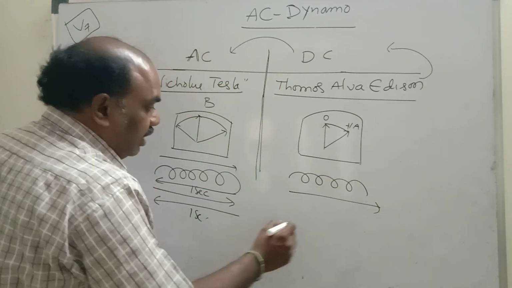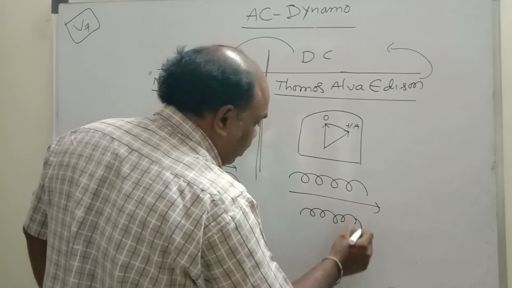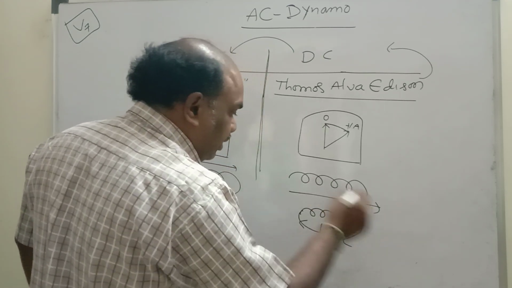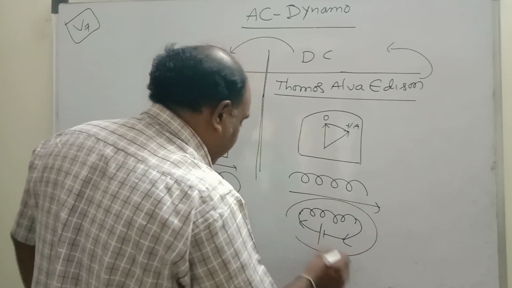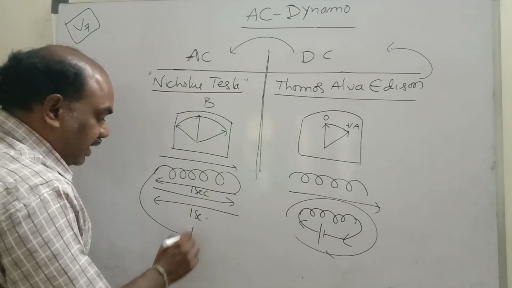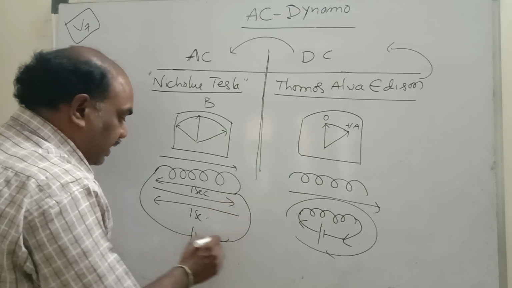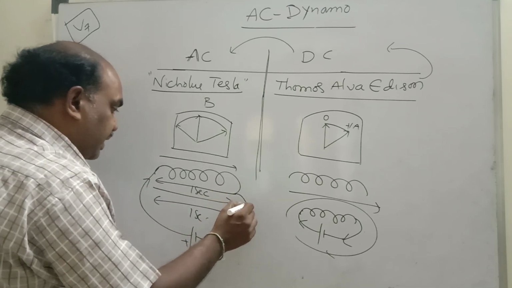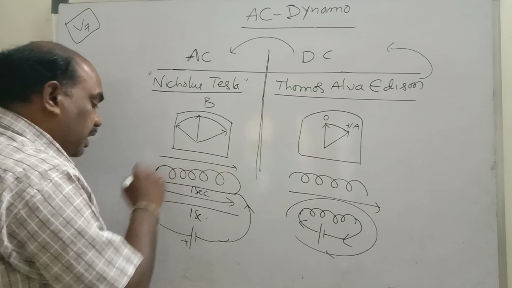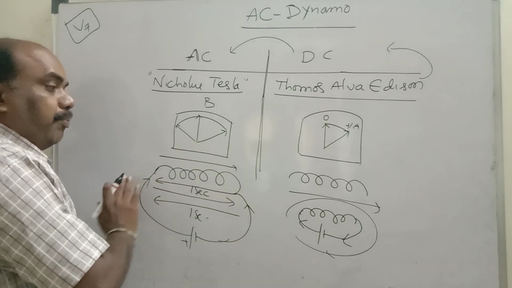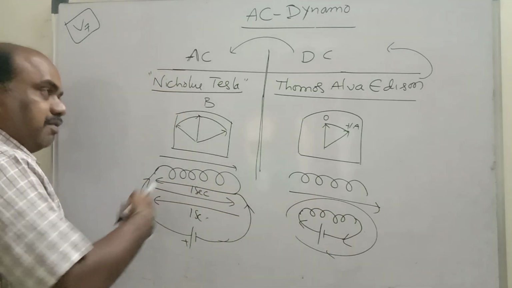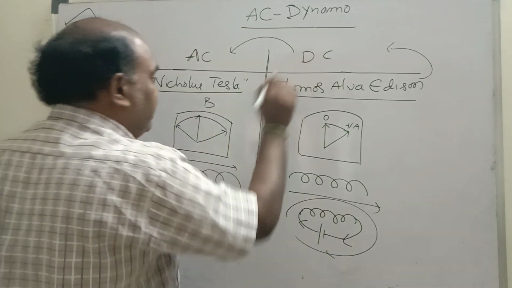If the two terminals of the coil are connected to a battery, current goes from the higher potential and leaves from the negative terminal. Current goes in only one direction. But with alternating current, it is not like that. First, current goes like this, and in the next second the current comes like this, in reverse mode. In the first second it goes in the clockwise direction, in the next second it comes in the reverse direction. This is alternating current compared to DC current.